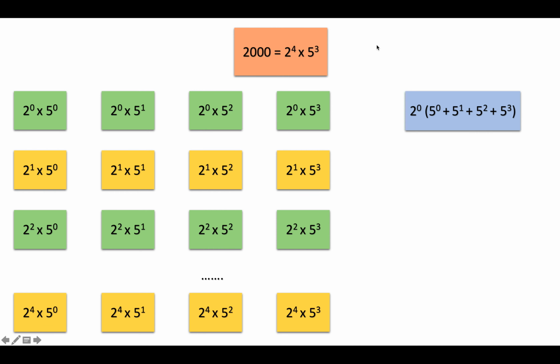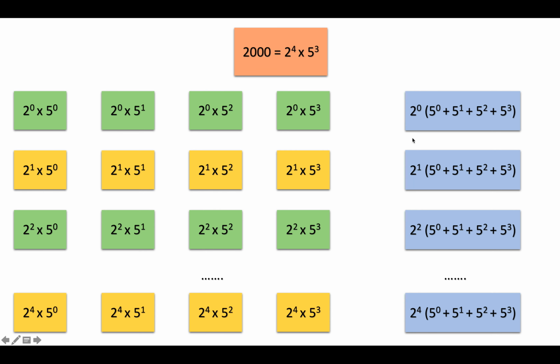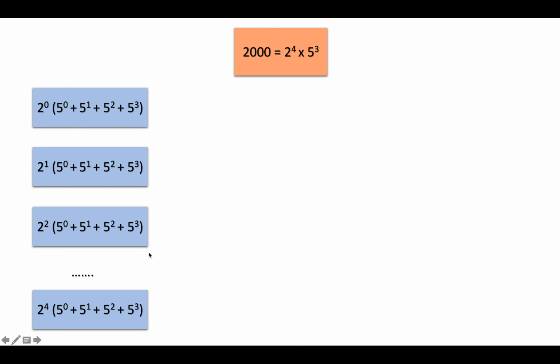The sum of numbers in the first row will be 2 raised to power 0 multiplied by this bracket, because 2 raised to power 0 will come out as common in each of these boxes in the first row. Again in the second row 2 raised to power 1 will come out as common and then we'll get this. And similarly we'll get this. So 2 raised to power 0 multiplied by this same bracket, and here in the last row we have 2 raised to power 4 multiplied by the same bracket, right? Now what we'll do is we'll try to add all those rows.